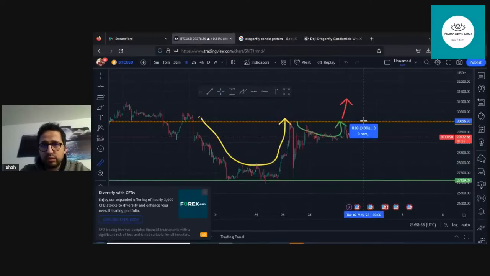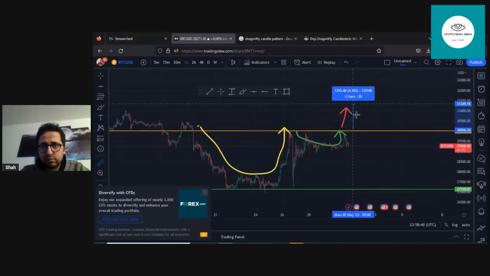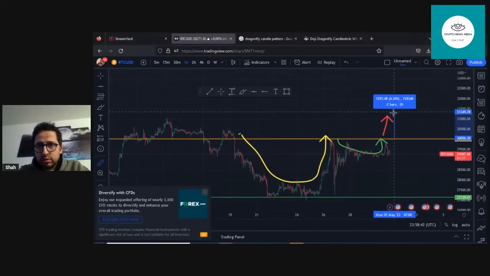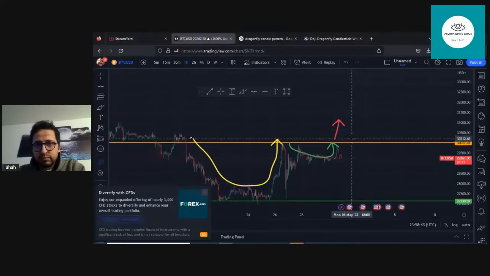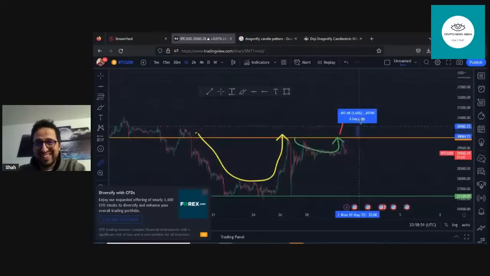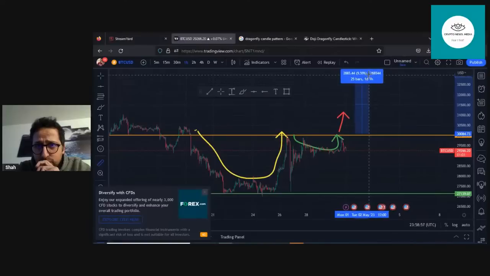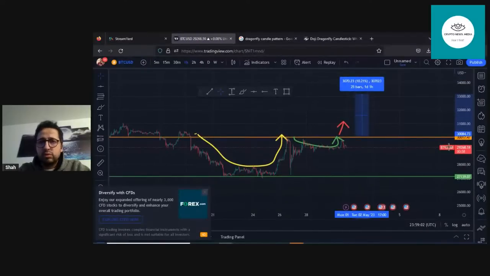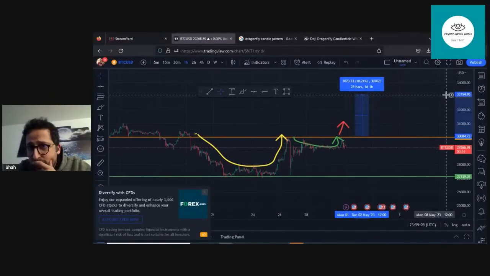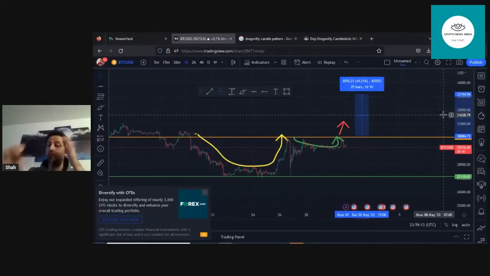Let's start from here. Okay, there you go, almost 10%. So this is your 10% here. So we want Bitcoin at $33,000 almost. So if it breaks this and it goes 10% up from here, we are looking at $33,000 price point,